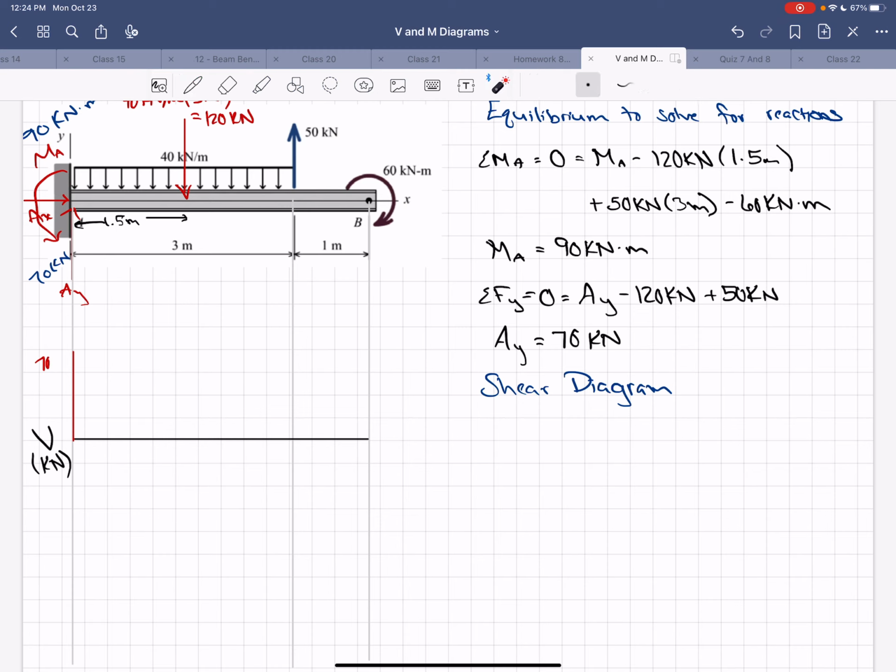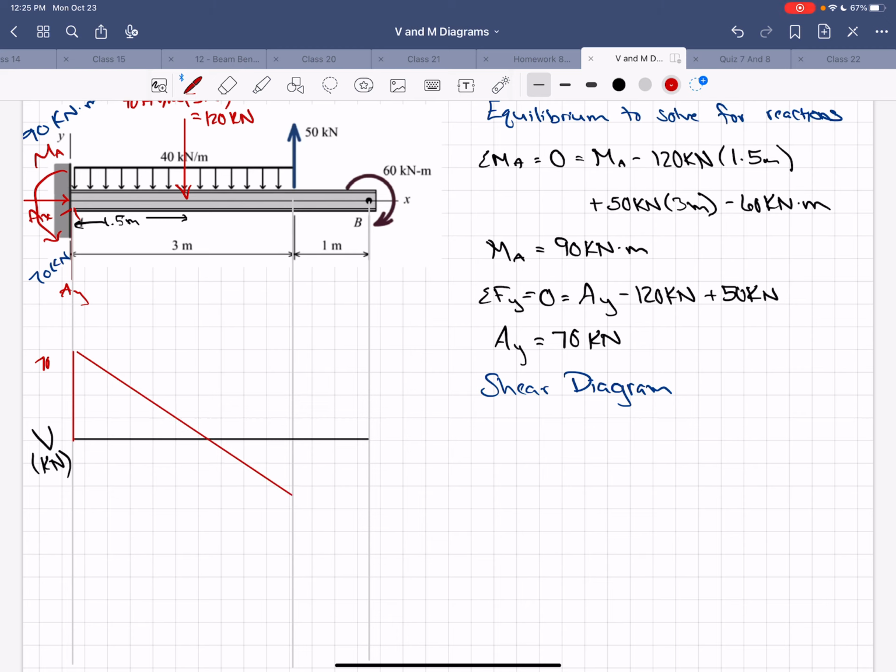Then, as we walk across the beam, every meter we go, the shear is going to go down by 40 kilonewtons. So every meter, we have to take 40 kilonewtons away. So this distributed load is going to be a linearly decreasing load down to the total load of 120 kilonewtons. So 70 minus 120 is going to make us land at negative 50